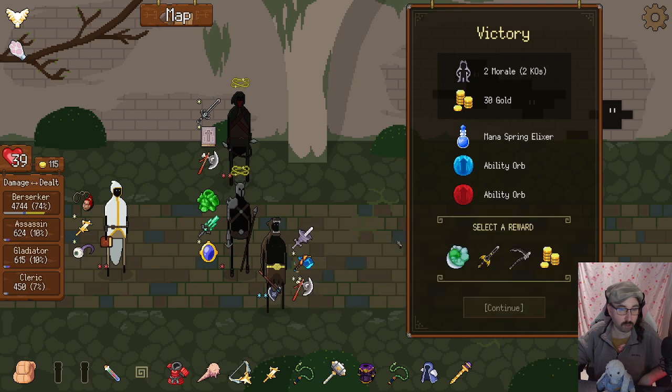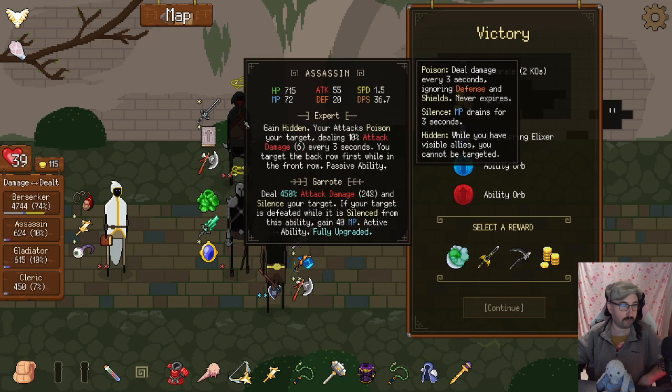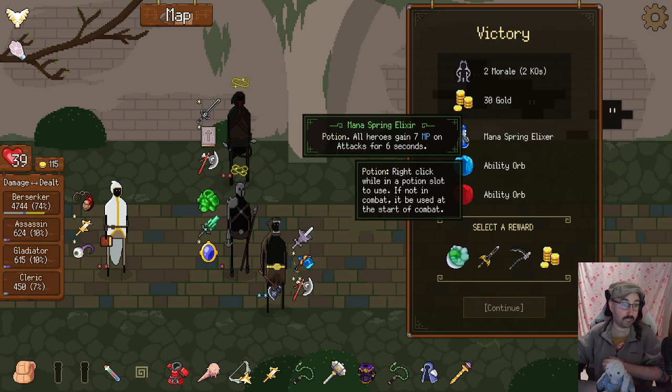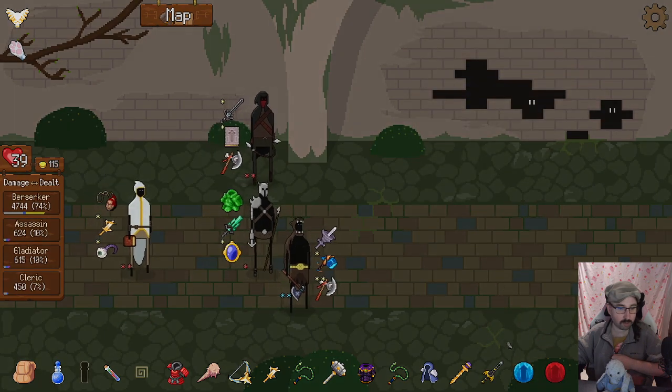A life-giving chamber again. Ragnarok. Every 9 times you attack, deal 250 attack damage to all enemies and apply a burn for 250 attack damage over 10 seconds. That would be very nice on our Berserker. There's also the Deathbringer. Mana Spring Elixir. All heroes gain 7 MP on attacks for 6 seconds. That's not a whole lot, but it's nice. Let's go Ragnarok. That fits well with the Berserker as well, so...